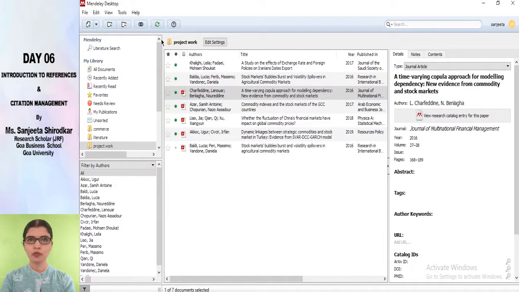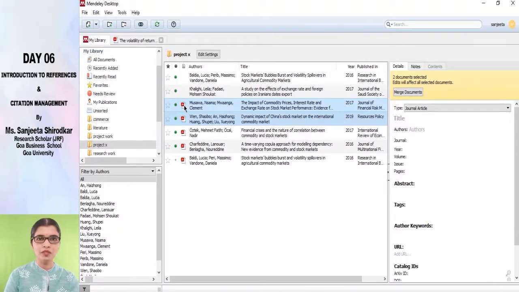Drag and drop is one of the methods of adding references. Also remember that whenever you are saving something on Mendeley, always remember to sync it so that it could go in your cloud storage and it will be there forever, and whichever device you are accessing through, it should be available to you. So here on top you would see a sync button. Click on the sync button and this would sync your library to the cloud storage.